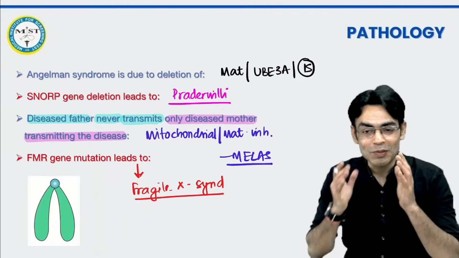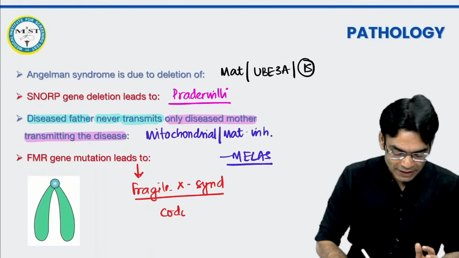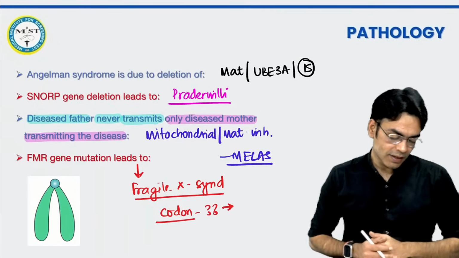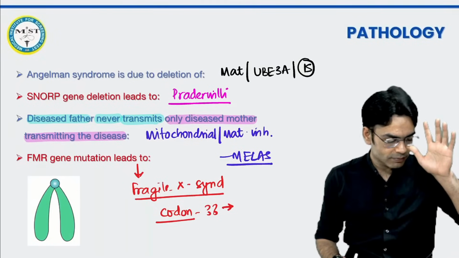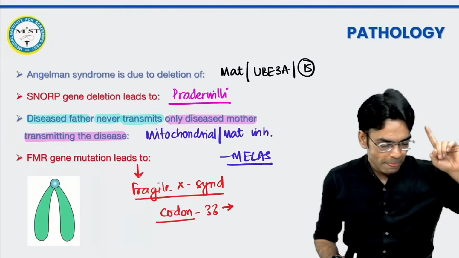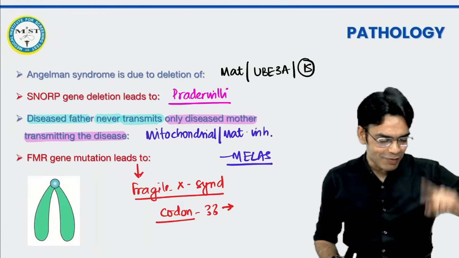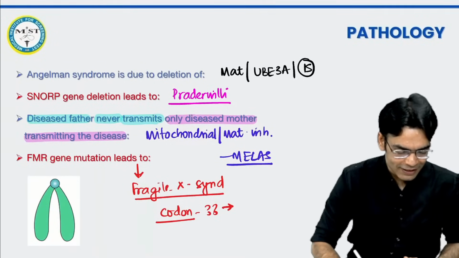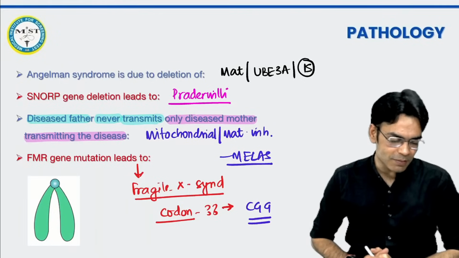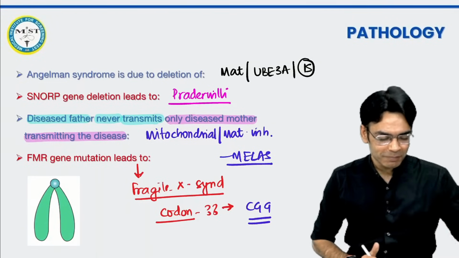Which codon? Now please tell me the name of the codon. बताओ फटाफट, कोडॉन का नाम बताओ बेटा। FMR gene ठीक है, FMR gene is good. Yes Rohit, you are right Rohit. Rupinder, very good guys. So this is your CGG. Nice. CGG repeat. Yes Simran, Altaf, Nigar Ansari, Hridoy. Yeah, nice.